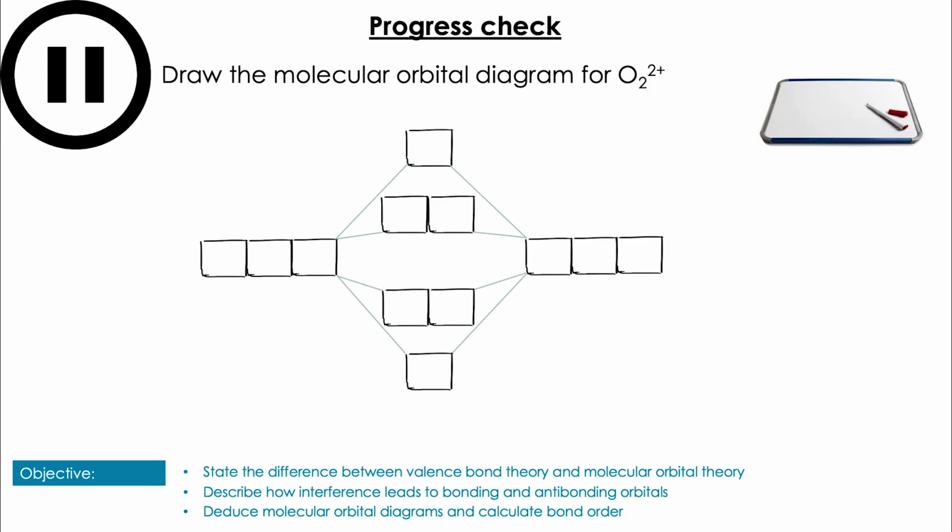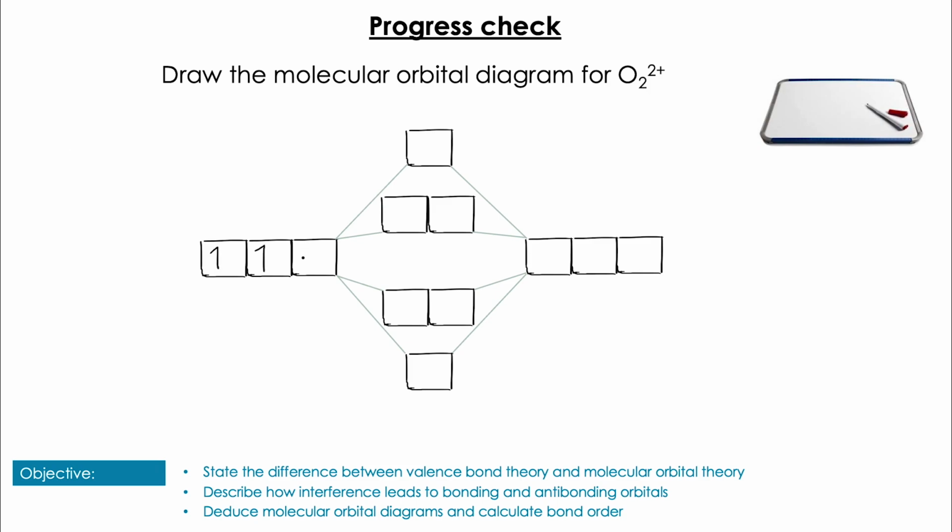Okay, next one, draw the molecular orbital diagram for O2 2+. Pause the video to have a go at that. So here we're going to have only 3 electrons in these p orbitals, and that is because we've got a 2+ charge, so we've lost 2 electrons. So we've got 3 on each side. So let's add those in. We add in 2 to the sigma bonding and 4 more to the pi bonding orbitals, with none being added